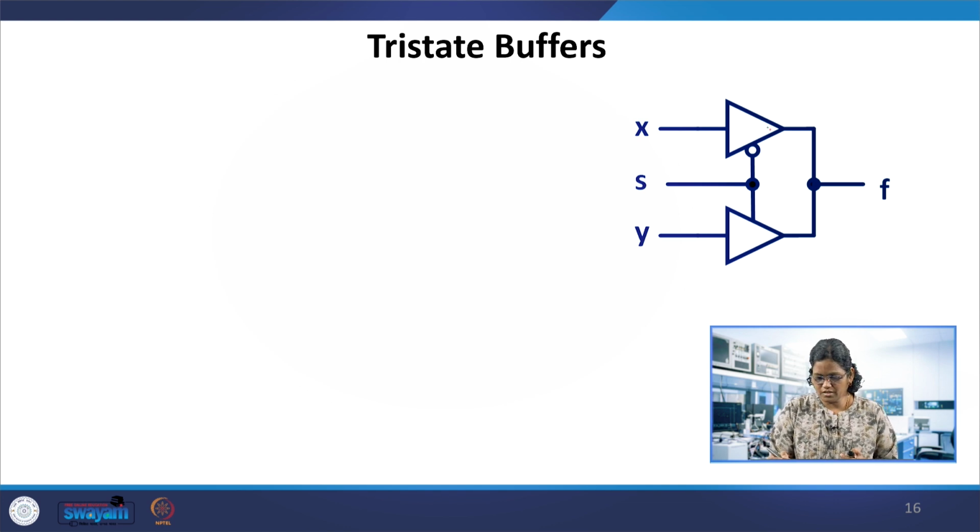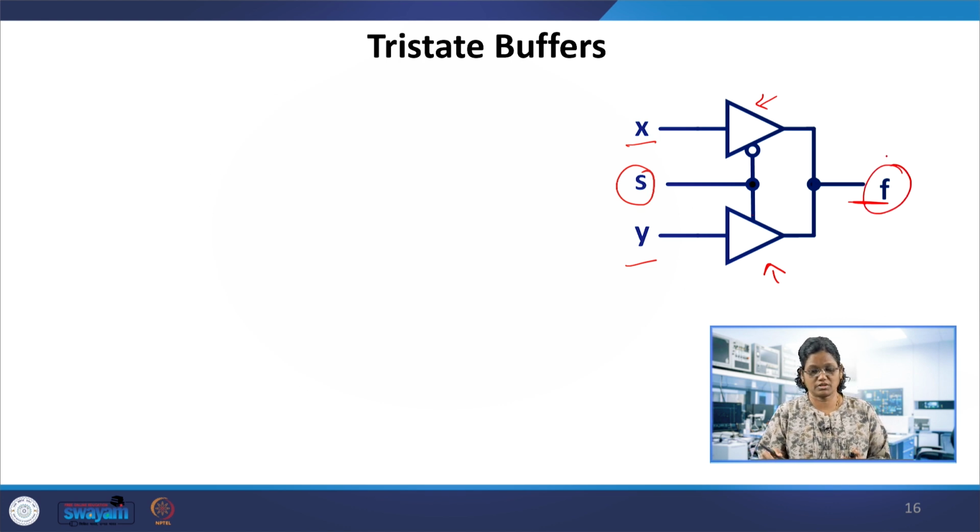So the tri-state buffers can now be used for realizing this 2 to 1 mux. The two inputs are x and y, and the select signal is given over here. This is buff if 0 and this is buff if 1. You can see that these control inputs are tied together to give the select input S, and the outputs are tied again to give F. So this F is driven by two outputs. So this is a multiple driver.